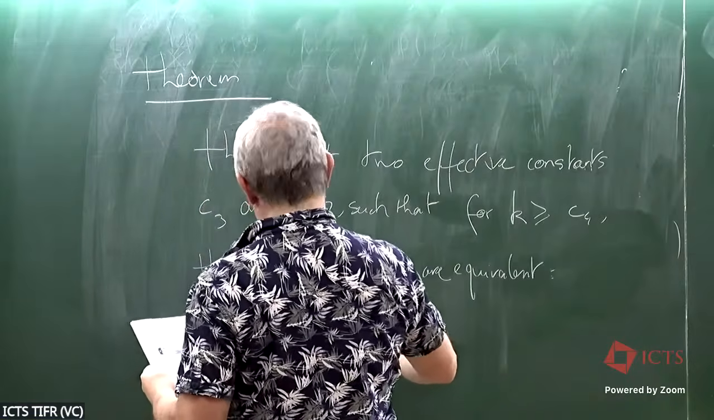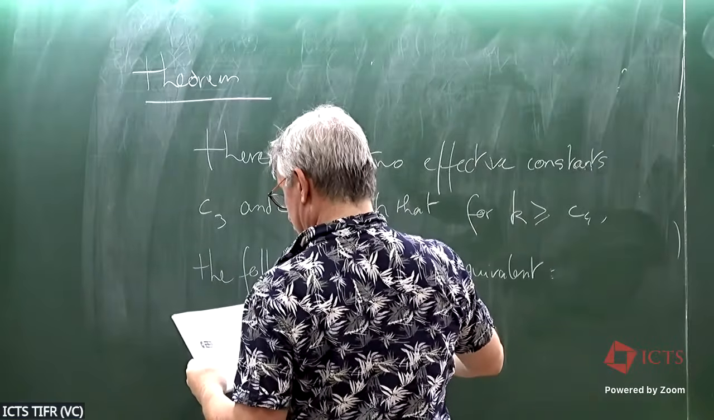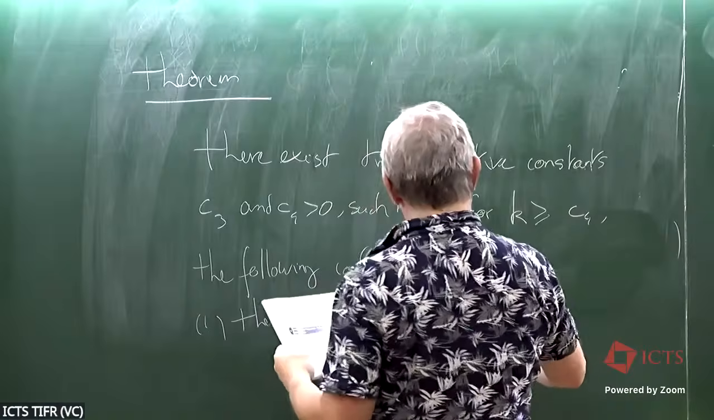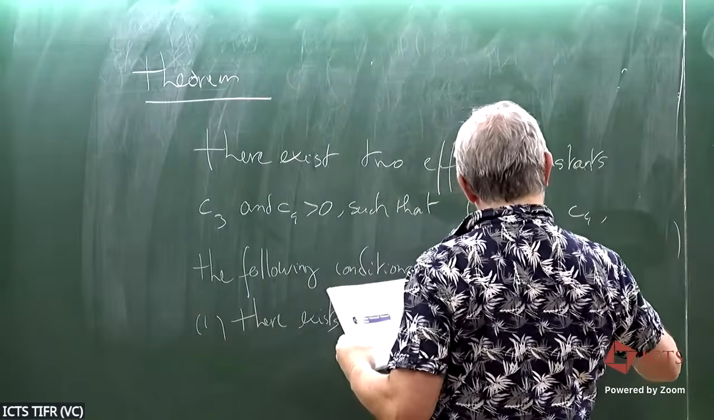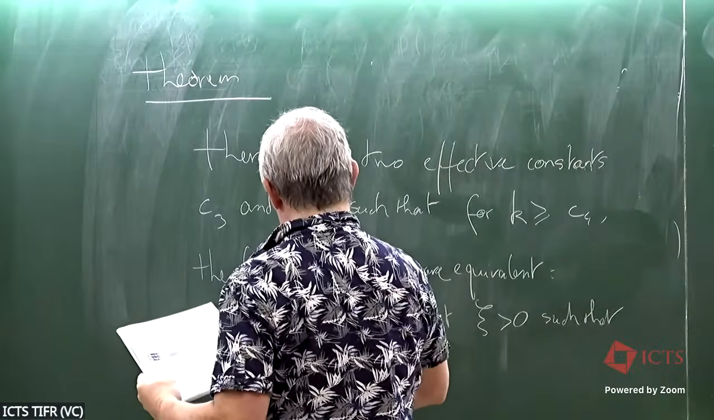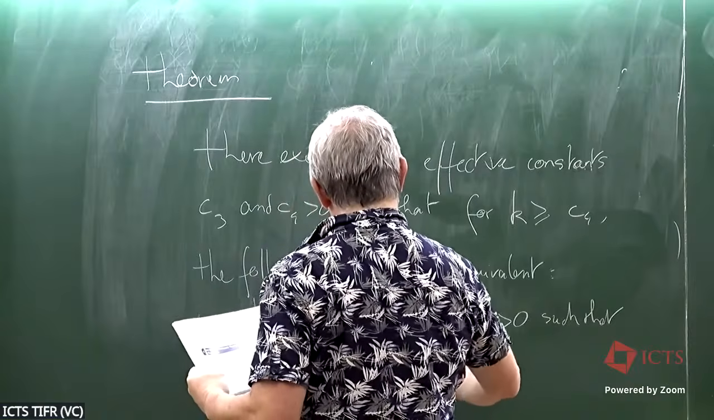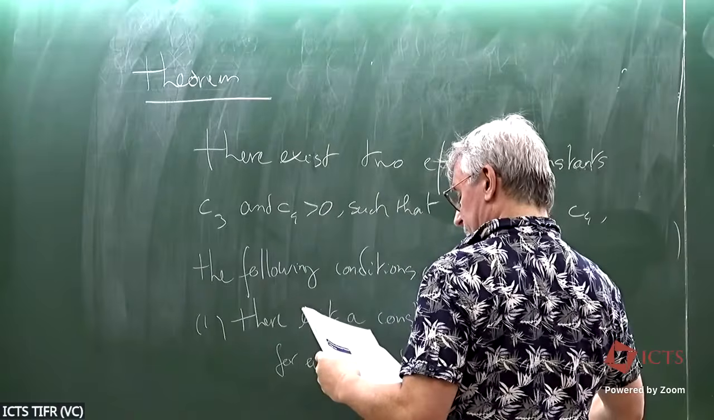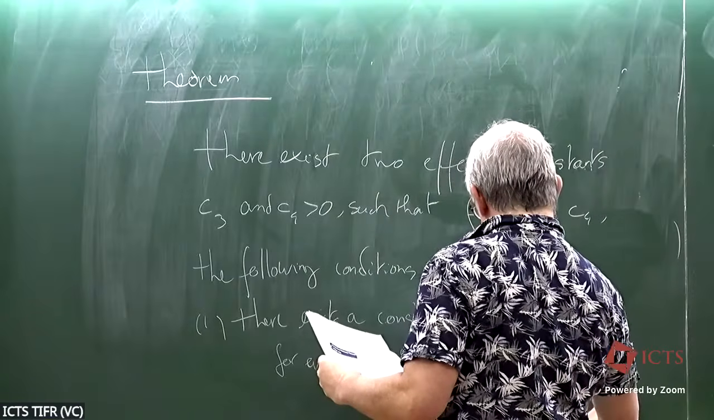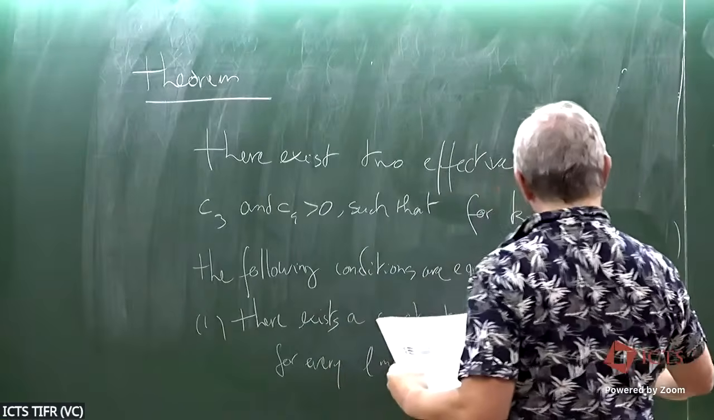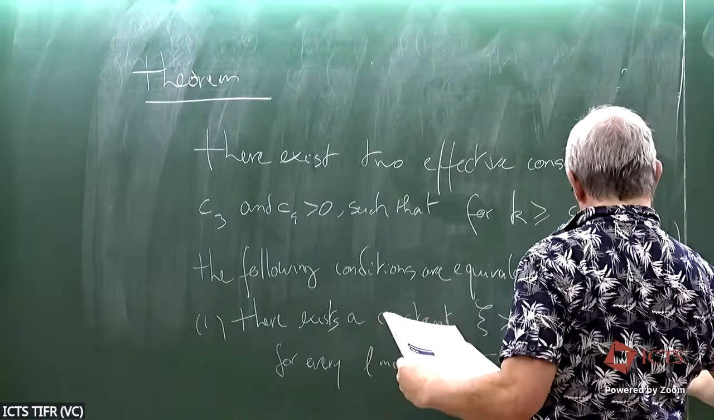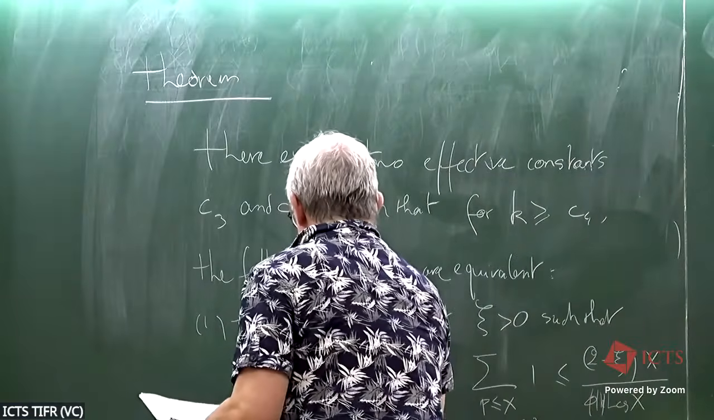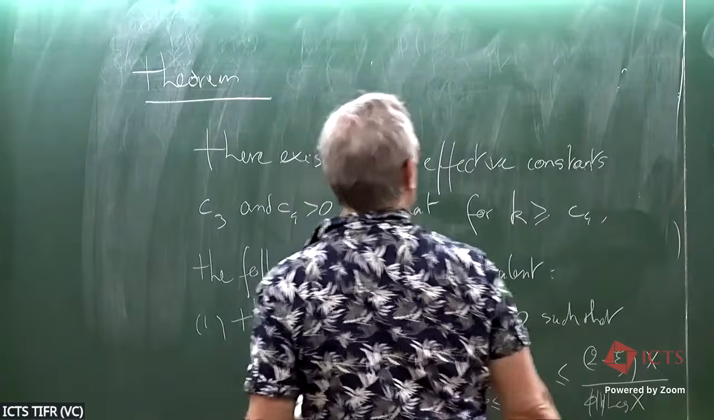One, there exists a constant psi positive such that for every L mod K, the number of primes less than X congruent to L modulo K is less than 2 minus psi times X upon phi of K log X, with X equal K to the C4. And two,